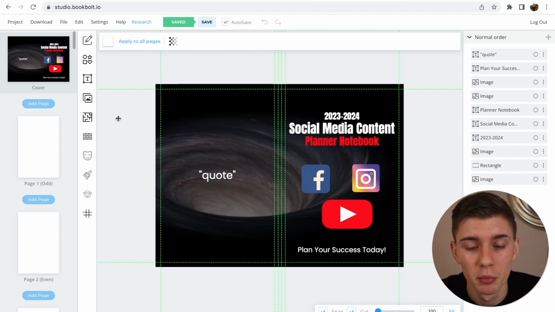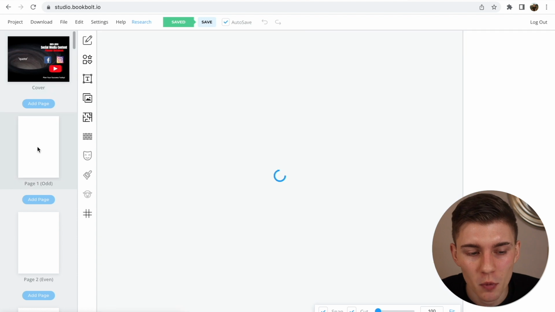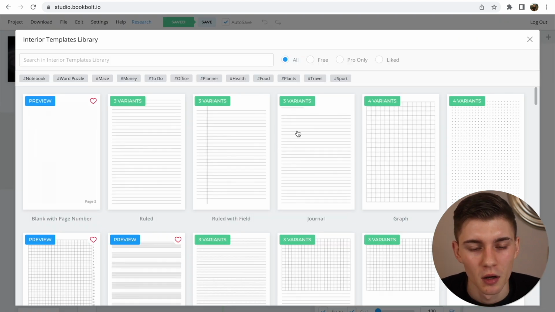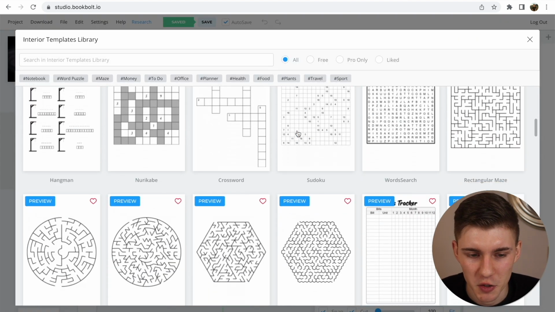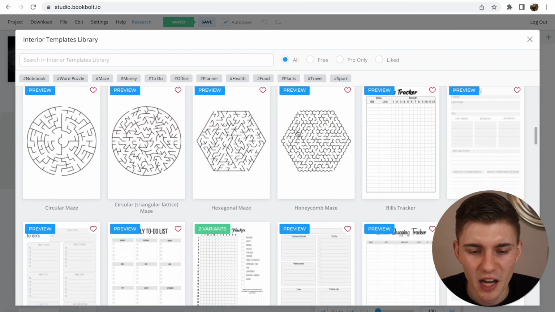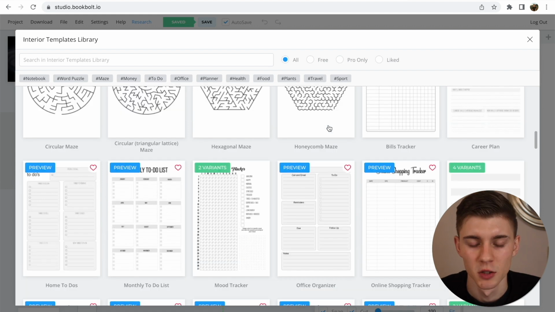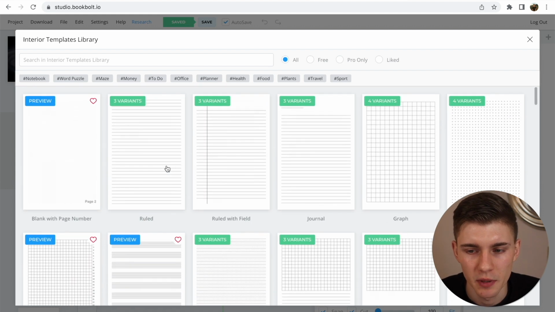So now that we have our book cover, now it's time to design the interior. So page number 1, and you can click on maze, right? This little maze icon. And this is gonna give you hundreds of templates. So as you can see, you have all these different types of games, these math equations, rectangular maze, and so on. So since we have a planner, I'm gonna do something like